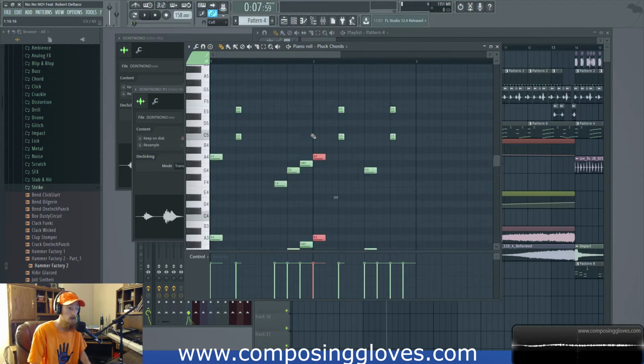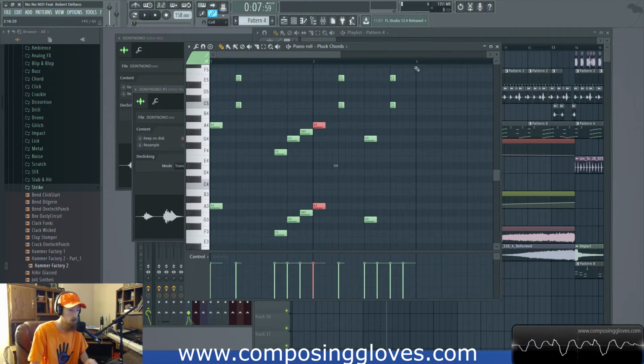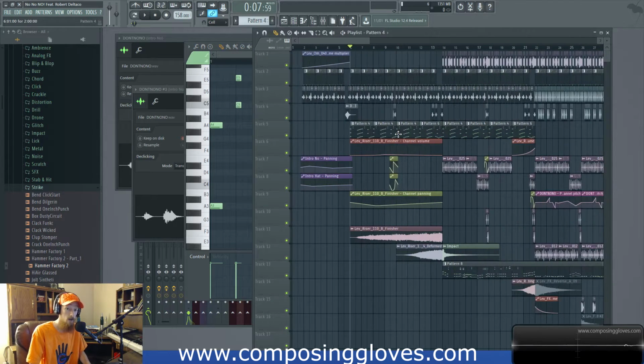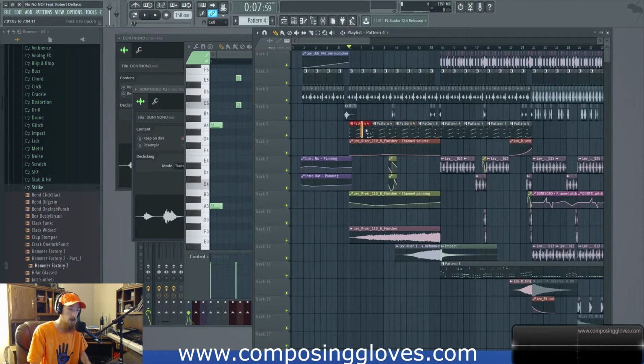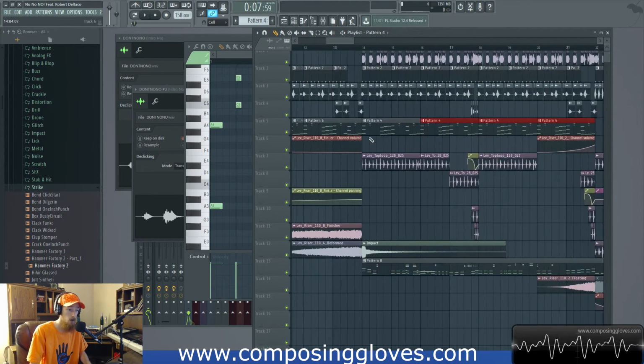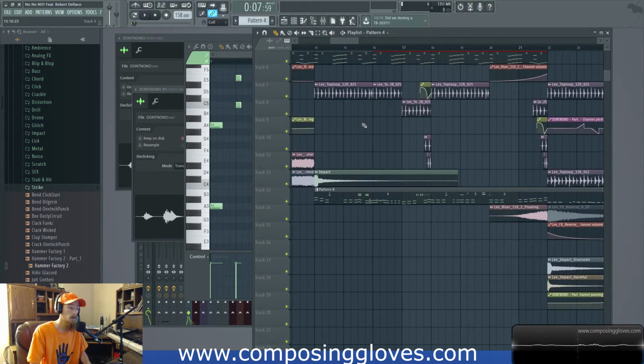Maybe the first time you hear it, syncopation, sure, why not? But the second time you hear it, no longer really a syncopation, because now it's been established as a repeating rhythm. It is something that is going on. So now the question is, do I defy how these things work? And in this case, I don't. I leave it going, and then I bring in a new element, and I'll fade that out.